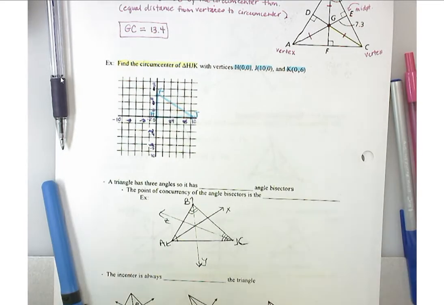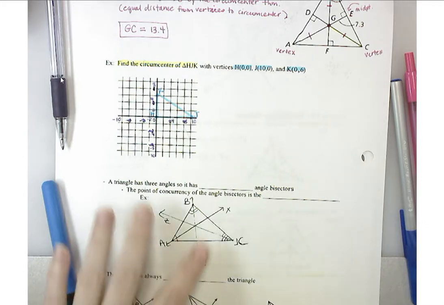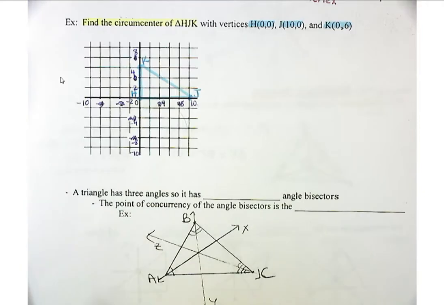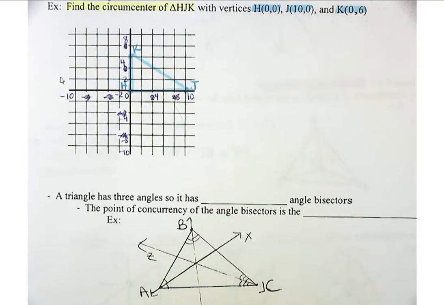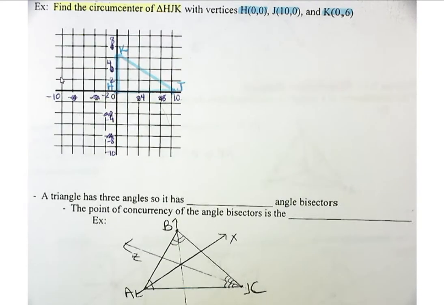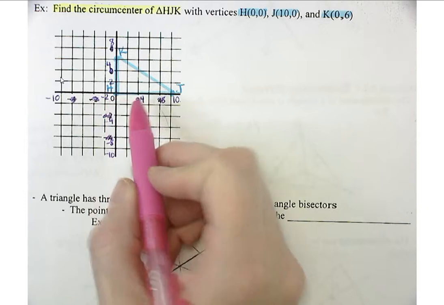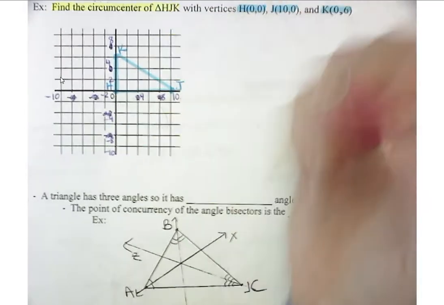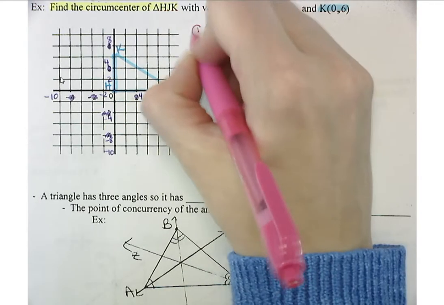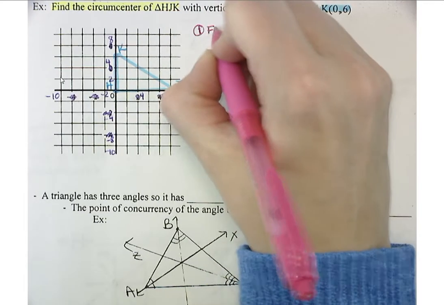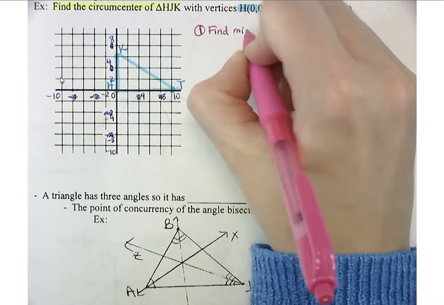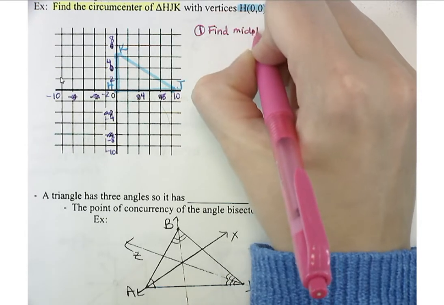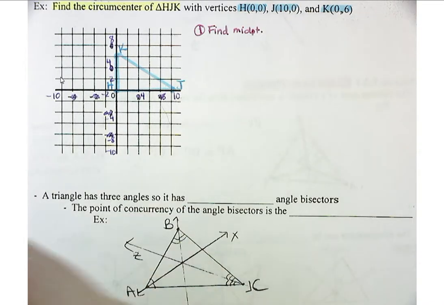Okay, so if I'm going to find the circumcenter, I have to do a couple of different things. So it's a perpendicular bisector. We actually did this in 5.1. So when you find your perpendicular bisector, to get the bisector part, what point do I want to find here? The midpoint, right? So I'm going to find the midpoints of HK